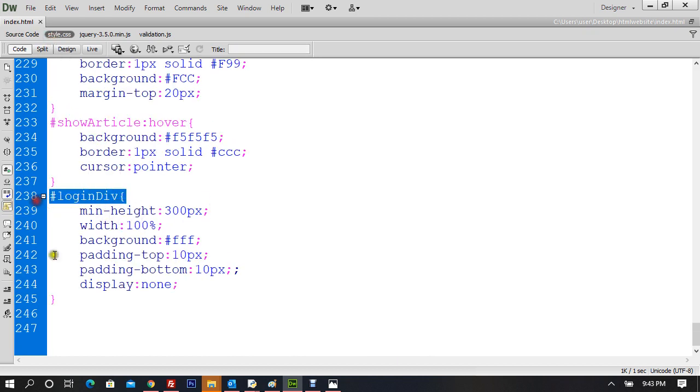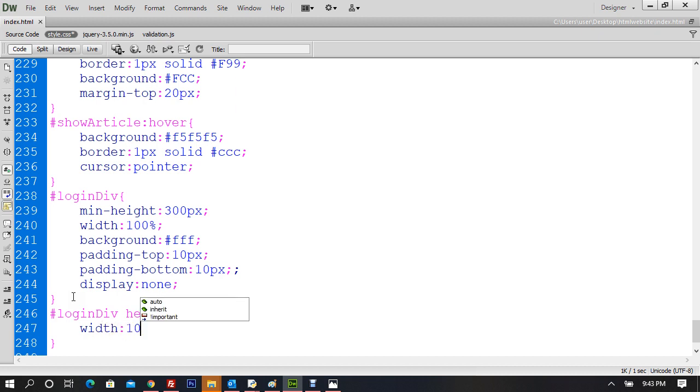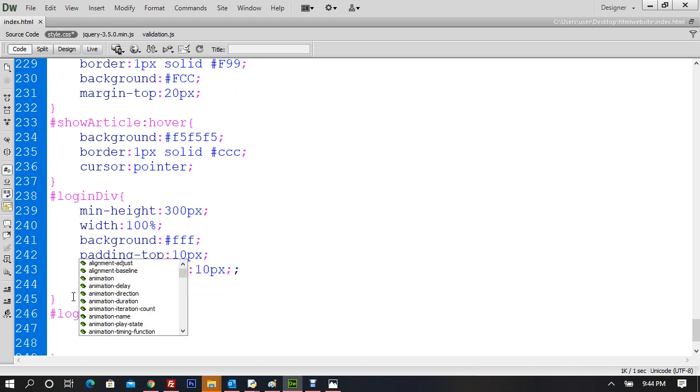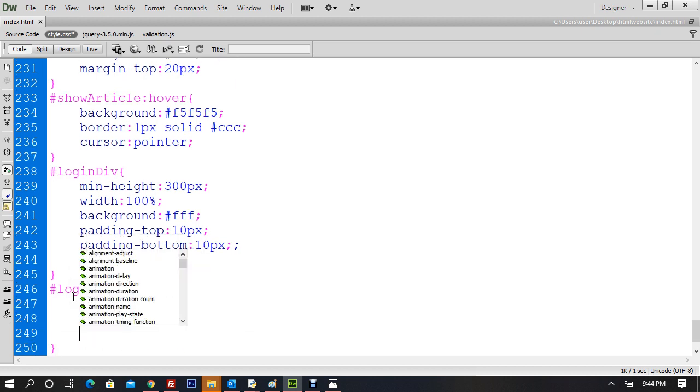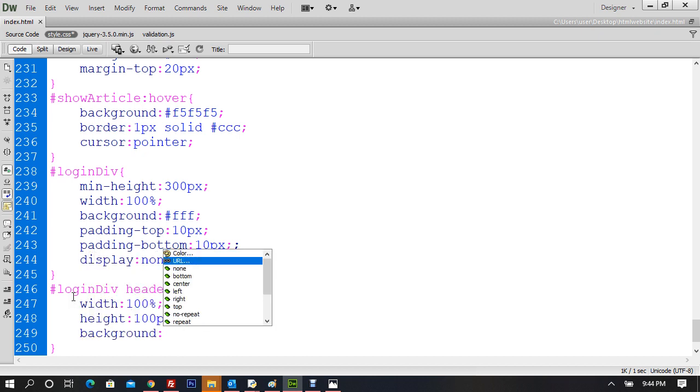So this is my logo div. I'll say, hey, the parent is logo div, but the child is header. Header tag is inside logo div. You mind if I tell you to have width of 100%, whatever is available to you, and you mind if you have height of 100 pixels, right? You mind if you have background